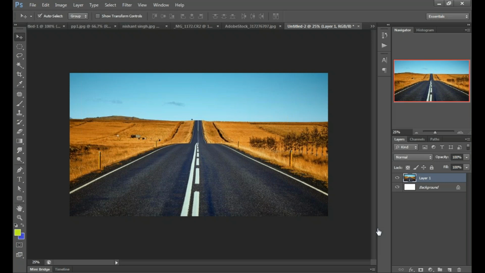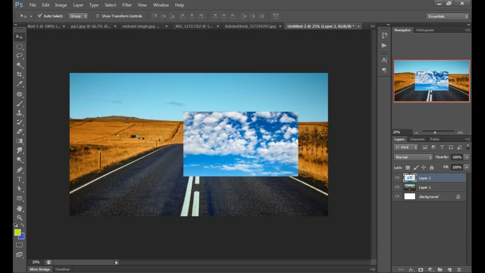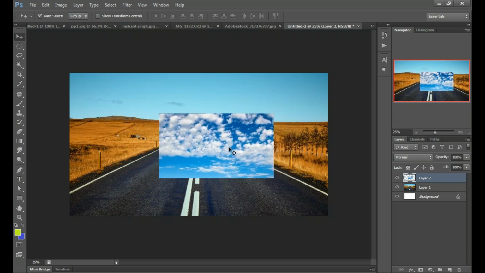Okay, I have the image. I'm going to paste it here again. Control V, and I have a sky on another layer. Right? It's on layer 2.